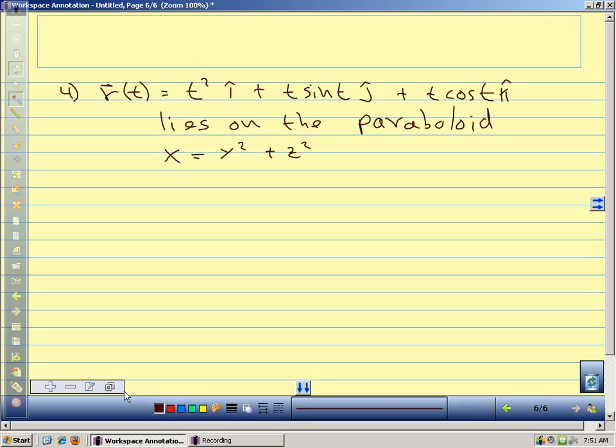So if we wanted to, did anybody do anything different? Did anybody write any equations? Yes, and it equals x. So Tian says let's square the y and the z. So if we say y squared plus z squared equals t sine t squared plus t cosine t squared, we get t squared times